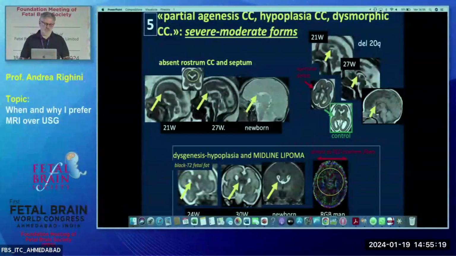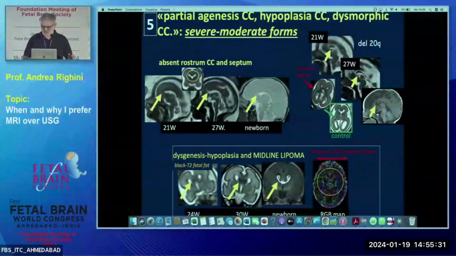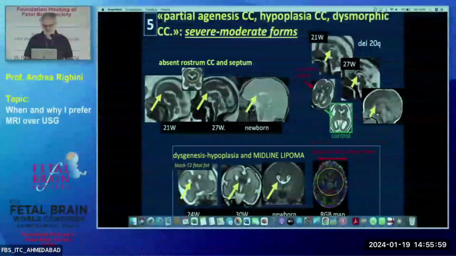Just besides the corpus callosum, as I repeat again, it is not a structure per se, but part of the brain. And sometimes, of course, as was nicely shown in the morning, the corpus callosum is abnormal because it's part of a more complex anomaly with lipoma, with abnormal fat tissue, which can be easily seen in early pregnancy because it's bright on T1, and so it's usually a bit darker. Sometimes you don't even see it, you just see an even thicker dysmorphic corpus callosum.